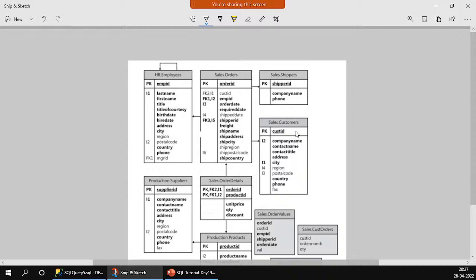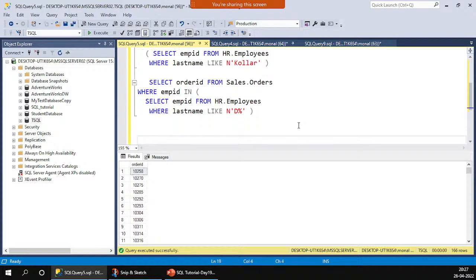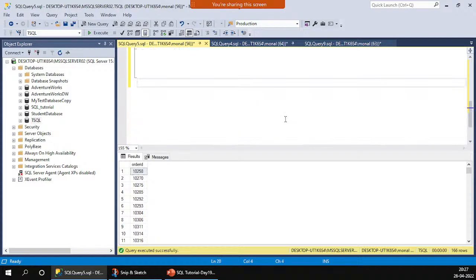The primary key of this table is used in Sales.orders. So if the customer ID is present in the orders table, it means they have placed an order. To get the customer IDs who have placed an order, first go to